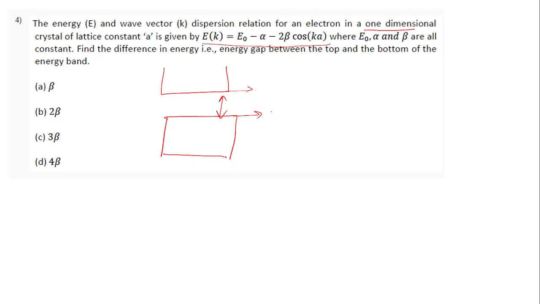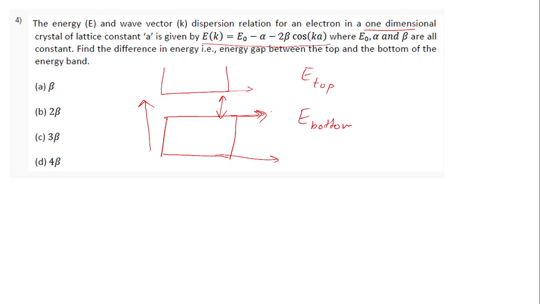Within this band, as we go up we are referring to an increase in energy. So the bottom has less energy, the top has more energy. The top of the energy band will have more energy, and the bottom of the energy band will have less energy. That means this expression will represent the maximum when